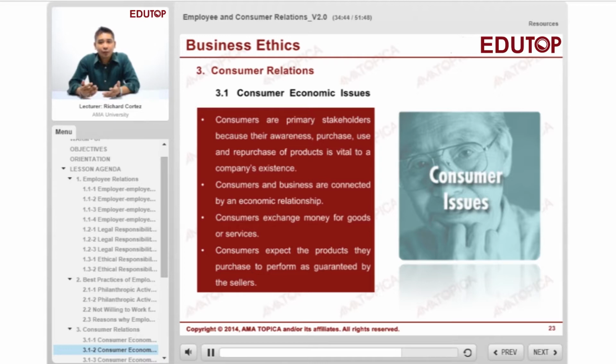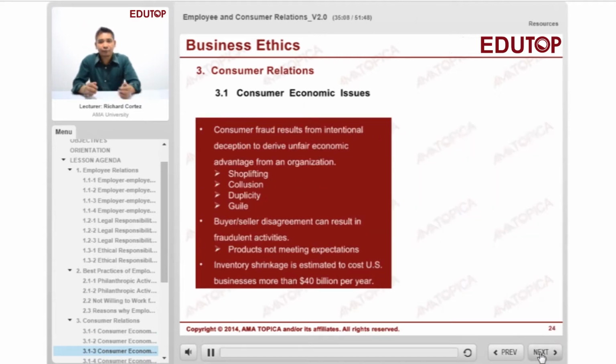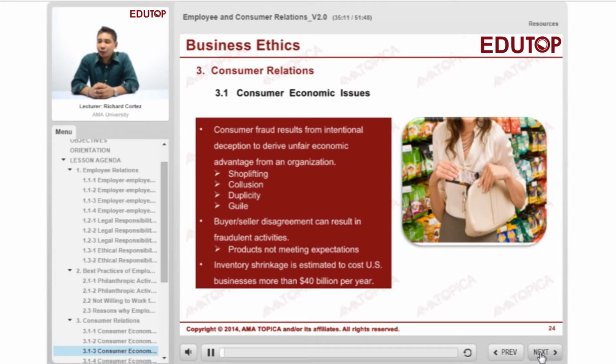So we should not cheat on the consumers, even though they don't know how you produce the product. We should always take a guarantee that if a consumer buys a product from us or from your company, they can be assured, they can be guaranteed that they are buying a safe, quality product or a quality service for them. So still, consumer economic issues: consumer fraud results from intentional deception to derive unfair economic advantage from an